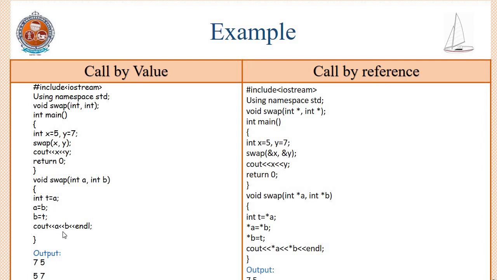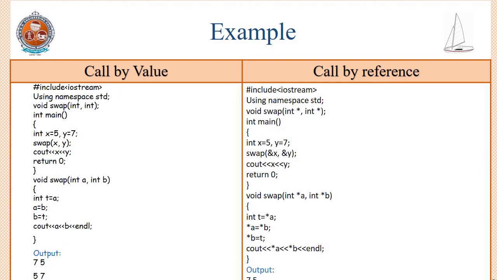Here I'm printing the values of a and b, so I will get 7 and 5. After the control returns back, the values of x and y are still 5 and 7. There will be no change